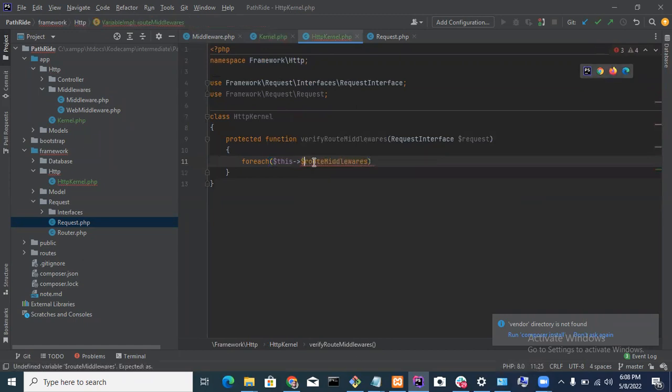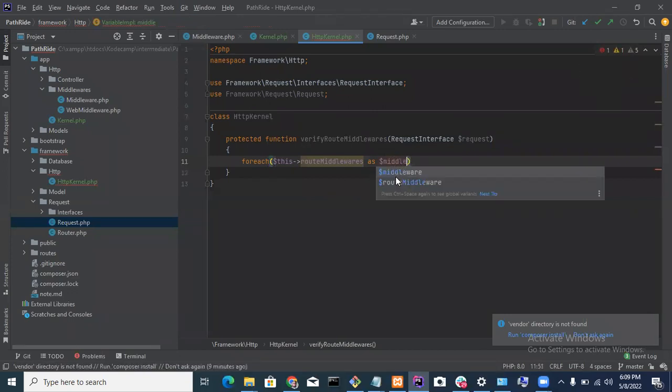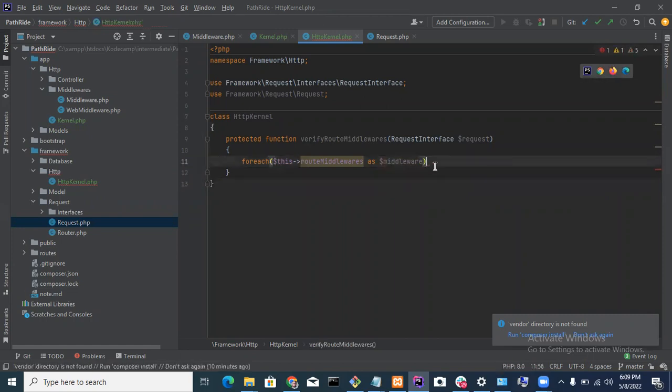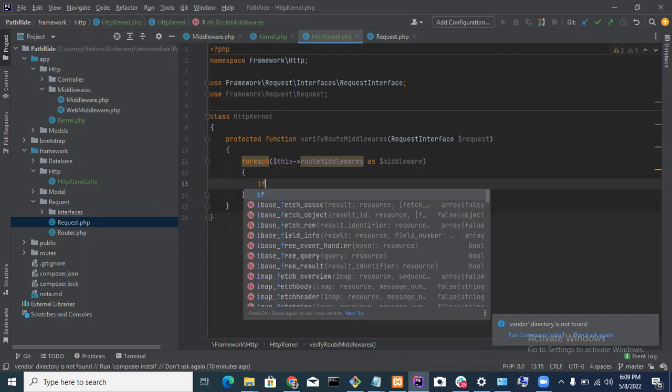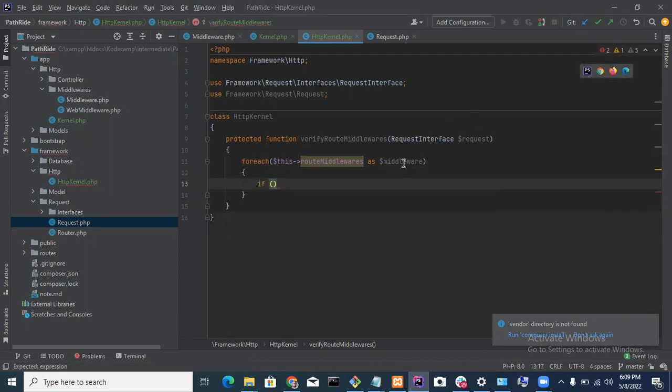As middleware. Then, of course, possibly if then we call whatever that is here.